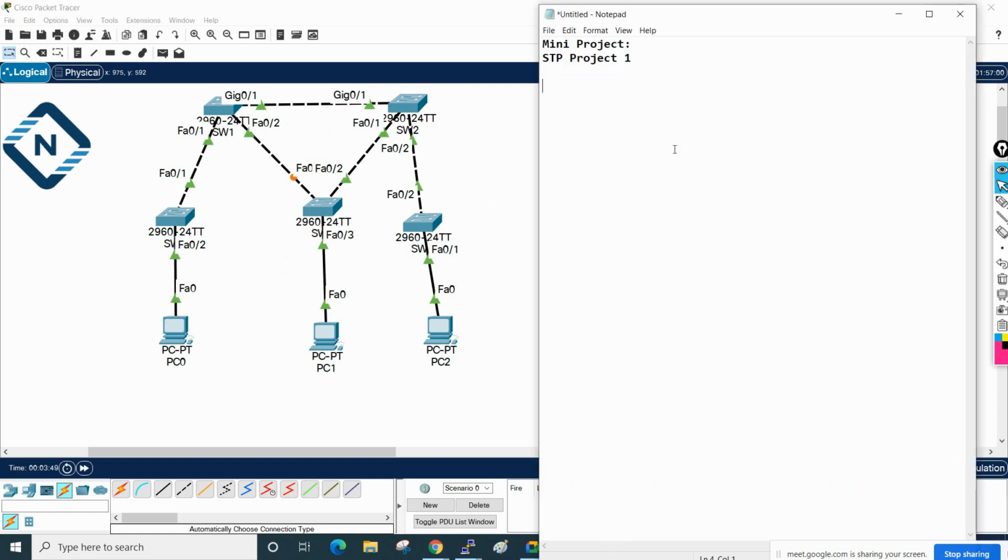What I will do is configure the following task, and we will write the task. Configure the following task. Okay, let me give a task. First thing we need to configure is RSTP on all switches. This one I think you can easily do. Anyhow, I will show it also, no issue.